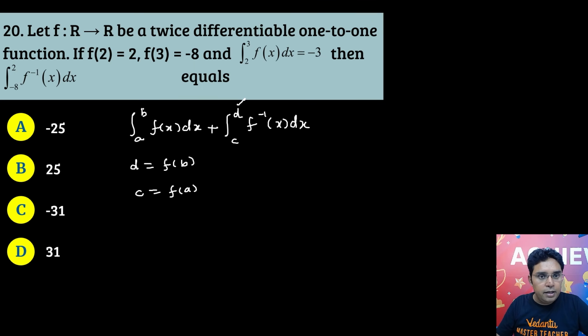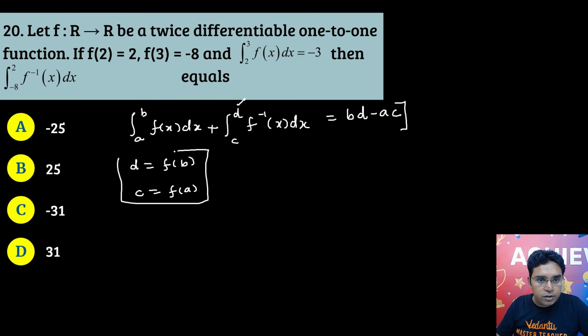This upper limit is the value of the function at b, c is the value of the function at a, then this becomes equal to bd minus ac. This is one important result that students should remember. So based on that question, I think it is very easy. So you can see that the integral from 2 to 3 of f(x) dx